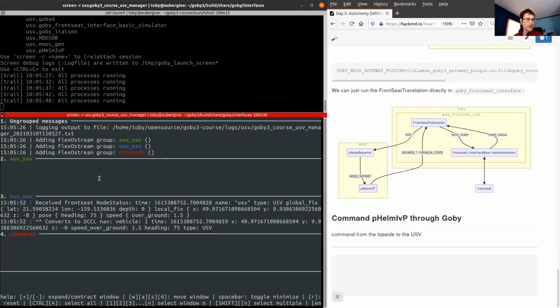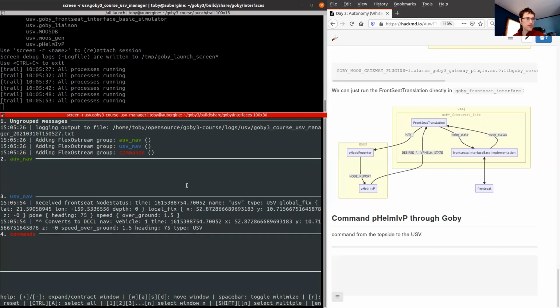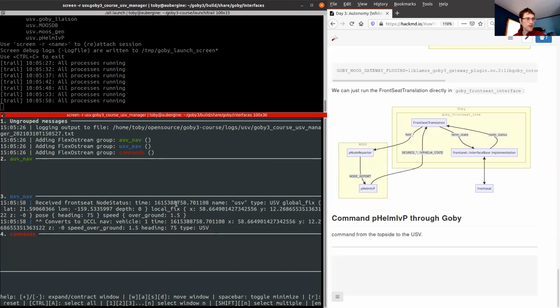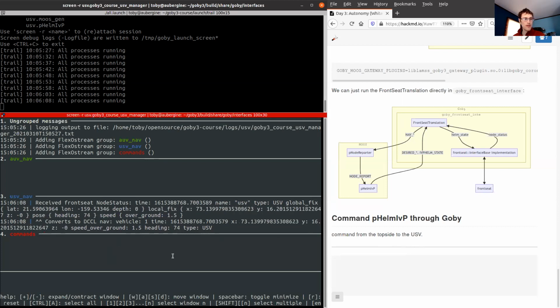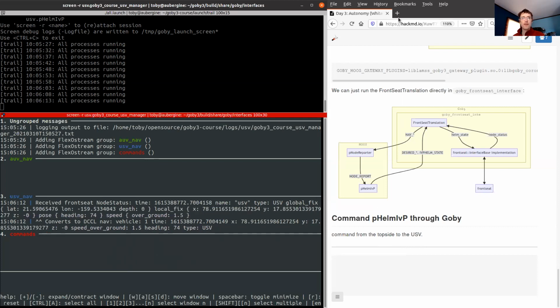So I split the AUV navigation messages, which are none because we're not running any AUVs right now. The USV nav, this is coming over now from the front seat interface. So if you look back at the code now, you know where this is coming from. And then the commands sub window here. So if I open up liaison on the top side,